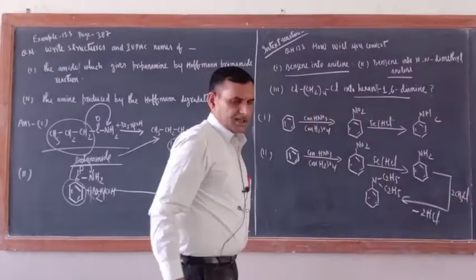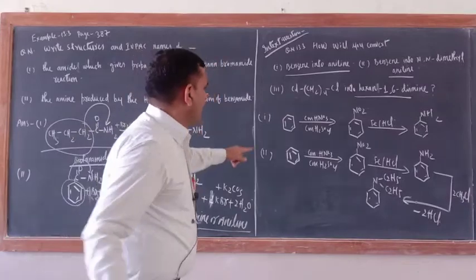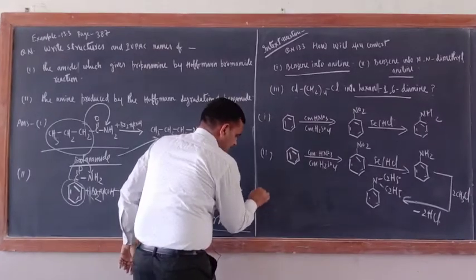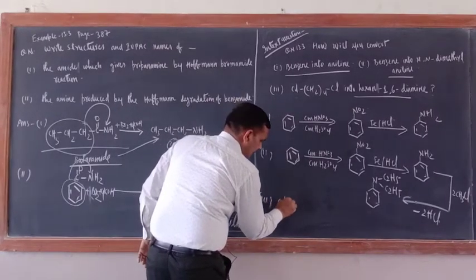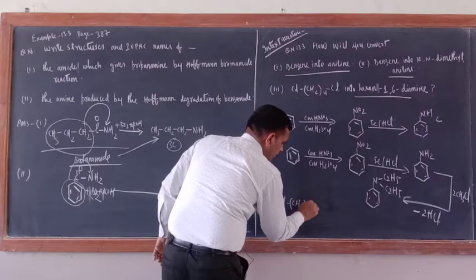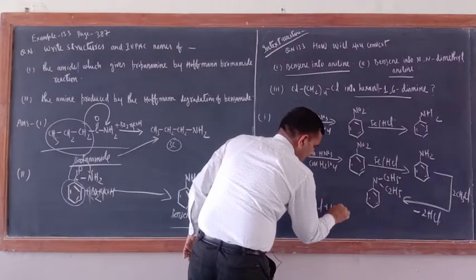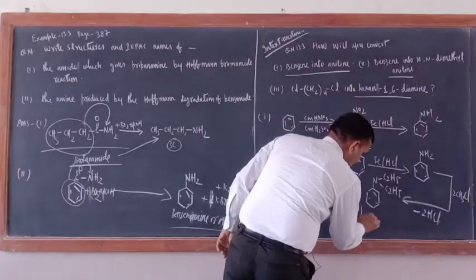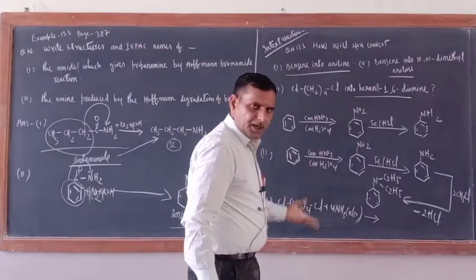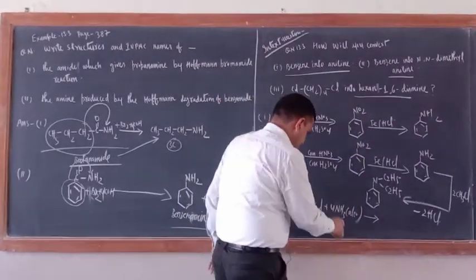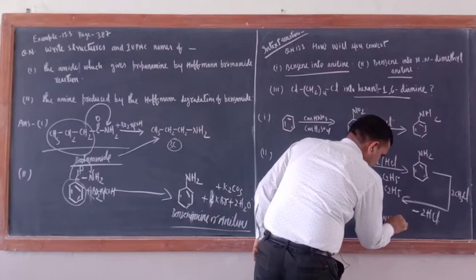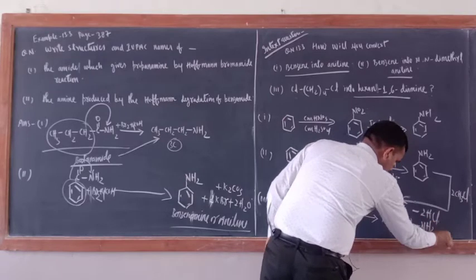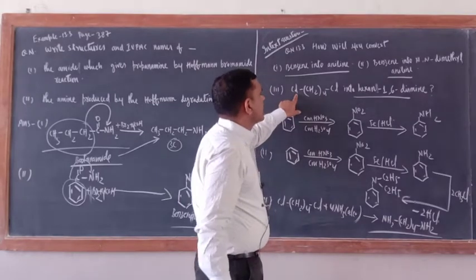Third one, this is very easy. Just see, this is a dihalo compound. Third one is a one-step reaction only. Cl, CH2 whole 4 Cl plus 4NH3, alcoholic. Alcoholic means dissolved in alcohol. Now on their reaction, you will get NH2, CH2 whole 4 NH2. Yes, you have got this one. What is the name of this one?